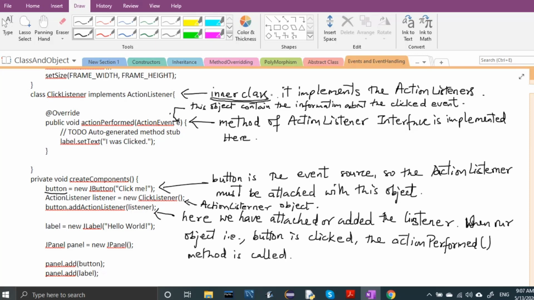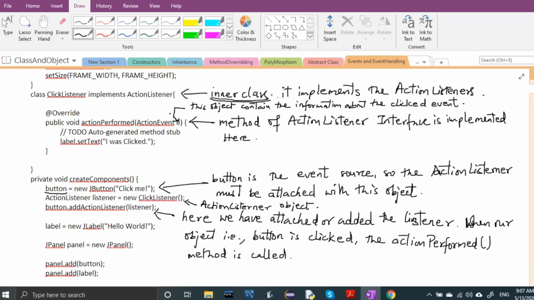So when you click on the checkbox also, then also some action event is performed, right? When you click on the radio buttons, there will be an action event that also gets performed. So this action listener will be present as many as event objects are present. All the objects can have some event, so you have to create that many inner classes.